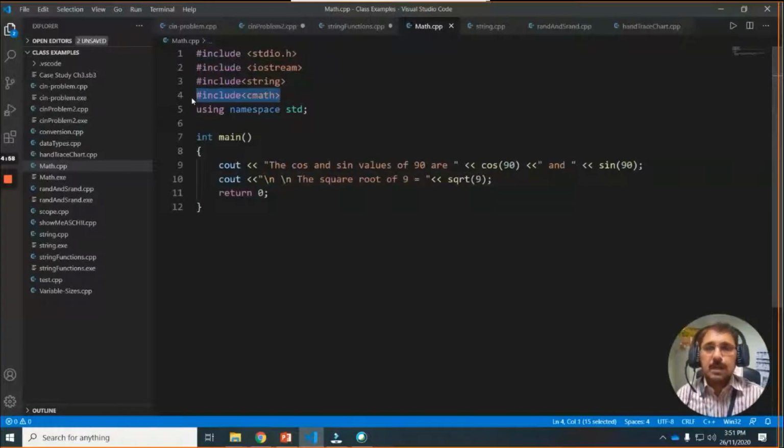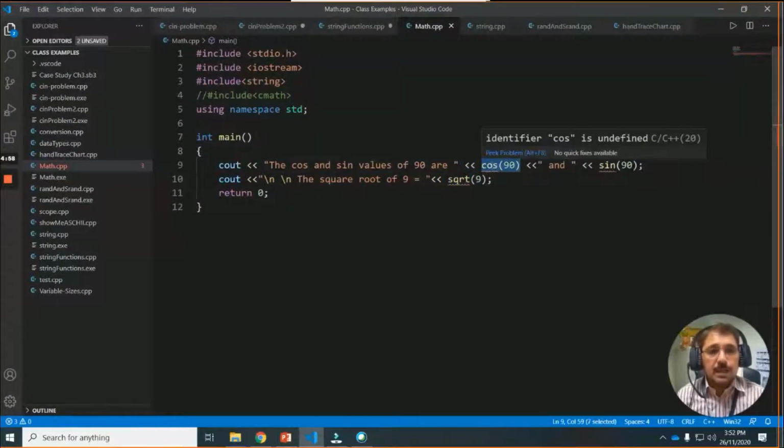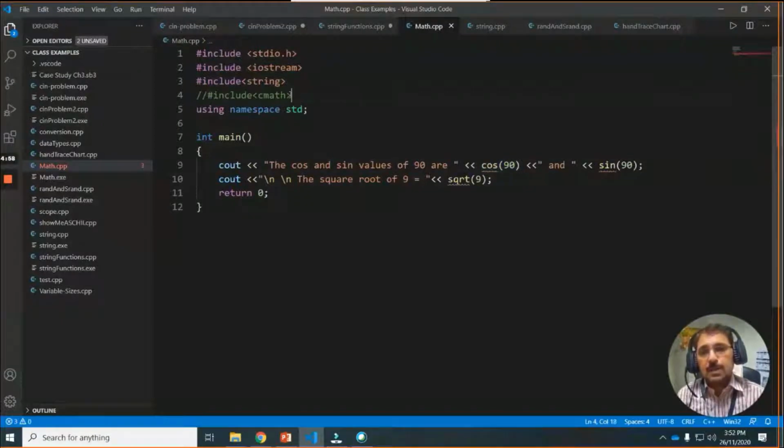include this cmath. You see, if the cmath is not included, let me comment this, then you see, if I just commented, you see I got a red line under each one. So now the compiler doesn't understand what this is, because their definitions are in this file. So when this file is not included, the compiler can't understand that. So this must be included. So if I remove this one, you see all these are gone.